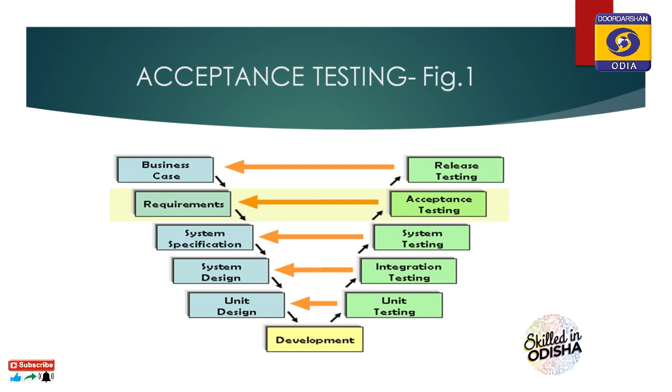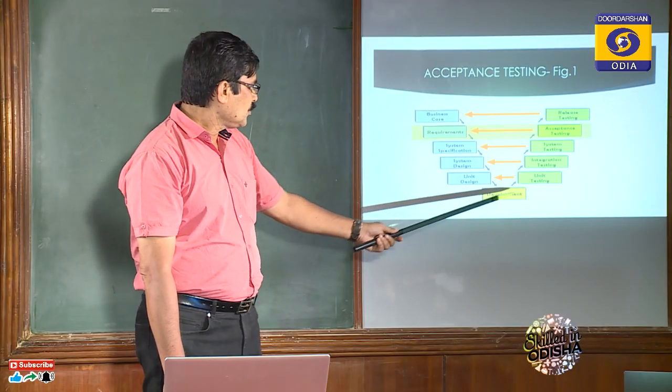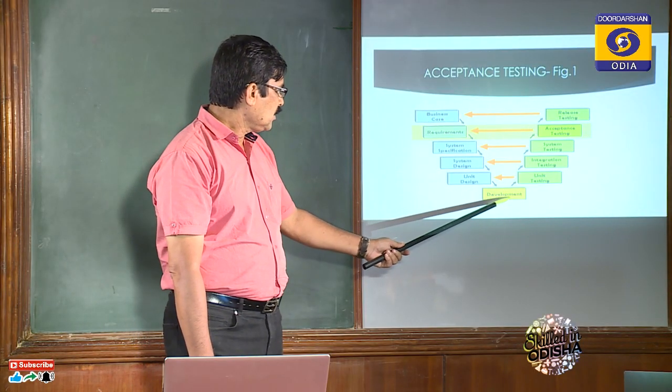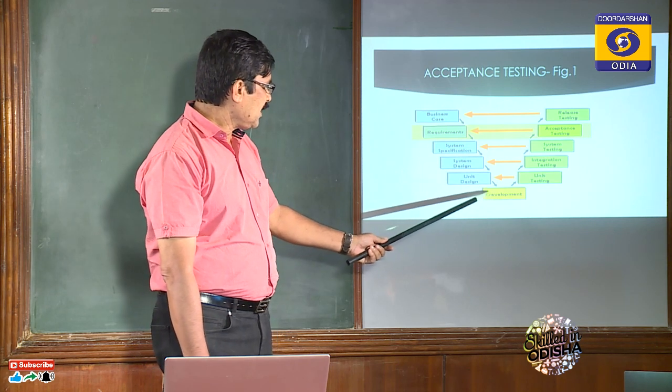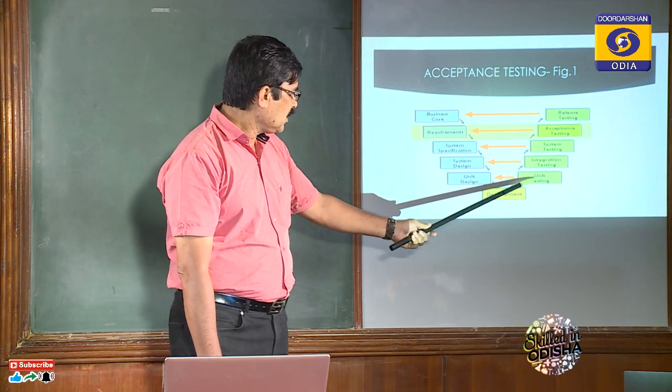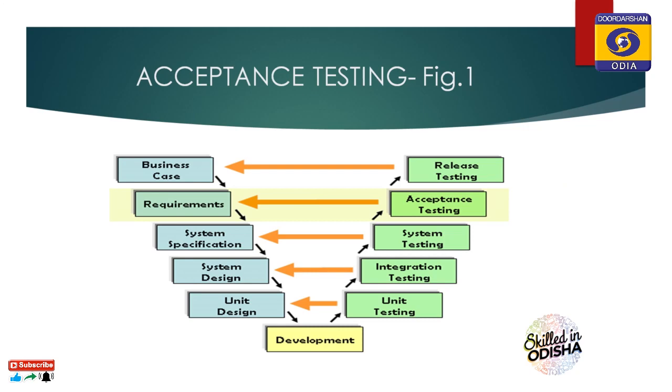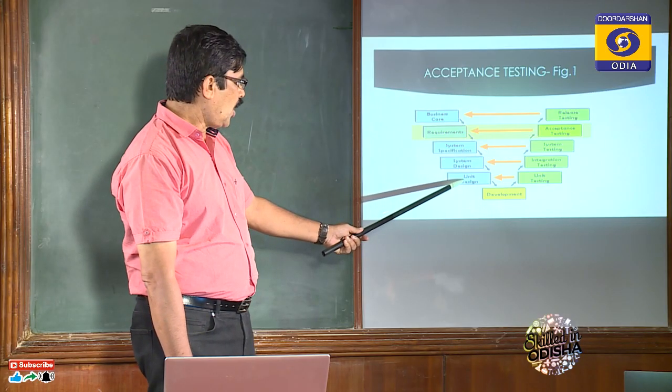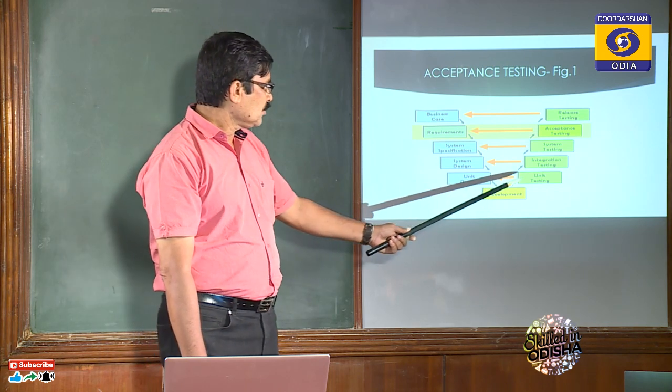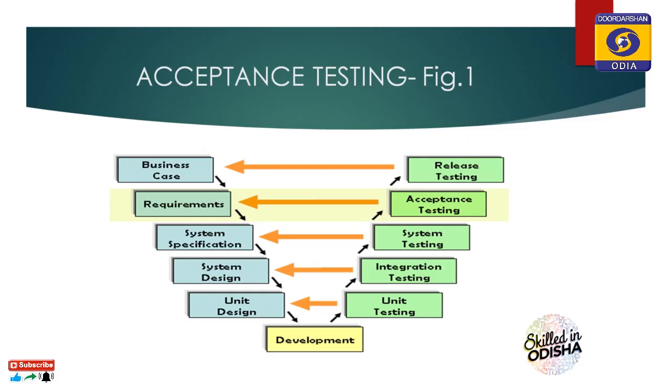So you can see I have given a figure where I have tried to start from the development of the system. First you can see this side, first development, first unit is tested. If some errors are there, then unit design is changed or modified. Then again, if it is completed, then it will move to the next level, that is integration testing, which we have already discussed. Then it will go to system testing.